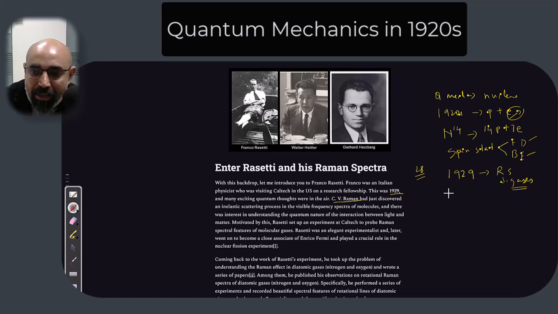And what he did was he started actually recording Raman spectra from gases like nitrogen, hydrogen, and oxygen, and these were the ones which he mainly studied. And in there, what he was looking at is not only just the Raman scattering, but also something called rotational Raman scattering. And this is a very important point, because in rotational Raman scattering, what you will find